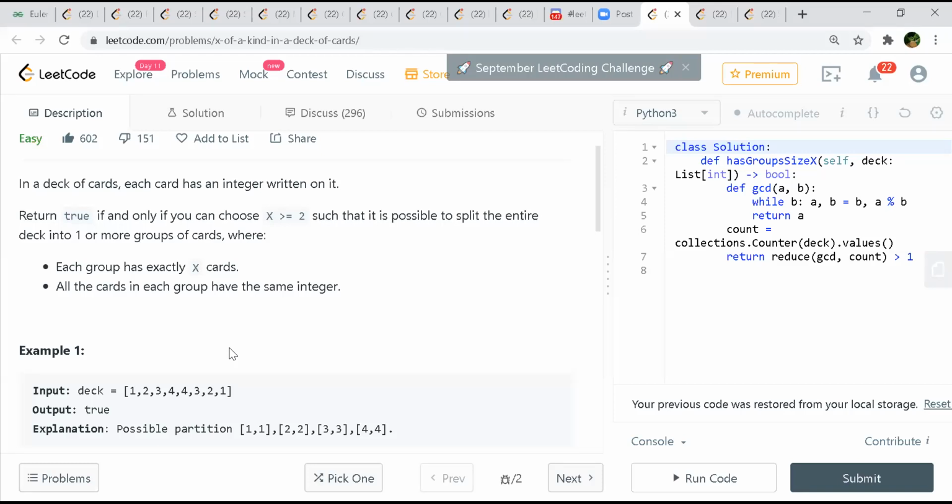Yeah, lowest frequency only. Say we have an element with some frequency, which is the lowest. In any case, we'll try to form all the groups of this frequency only, right? Because we cannot have more elements for the element we choose. That also won't work with the lowest frequency.